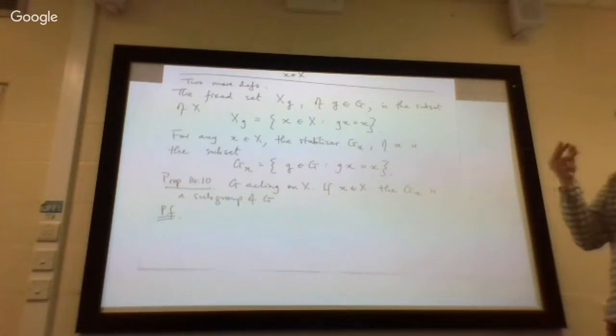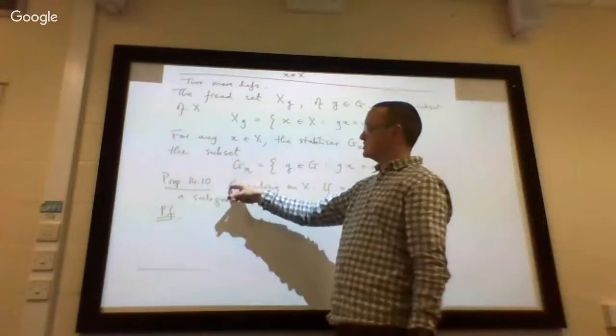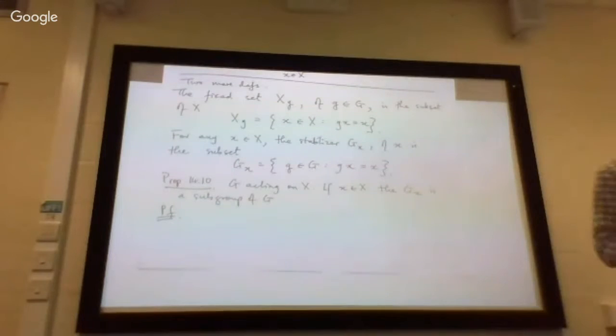You can boil those down. We don't actually have to prove associativity, because if associativity is true on G, it's also going to be true on any other subset. So the 3 things you have to show